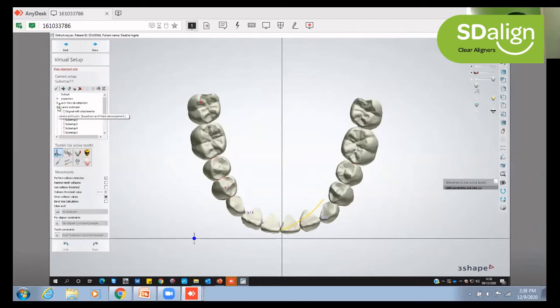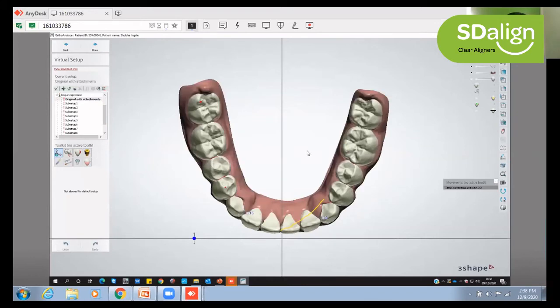So we go to the last stage, that is the torque expression overcorrection stage. So you see in the overcorrection stage we have made the whole thing compact. So let's see it one more time. So this is how it will look with the gums on. Let's see in the overcorrection what we are doing. We are doing a little bit of squeezing of the arch, get the canine in, tuck it in, get the two centrals compact. Also make sure the contact between each tooth is nice and tight, and make sure that there is enough vertical clearance or vertical opening.